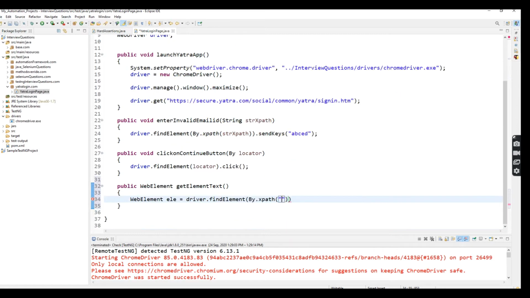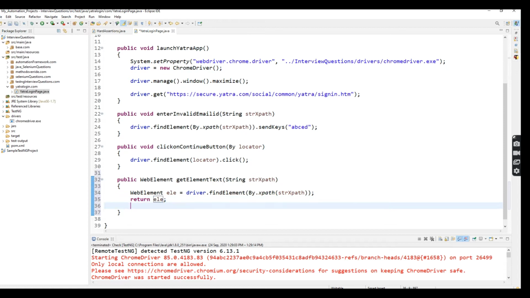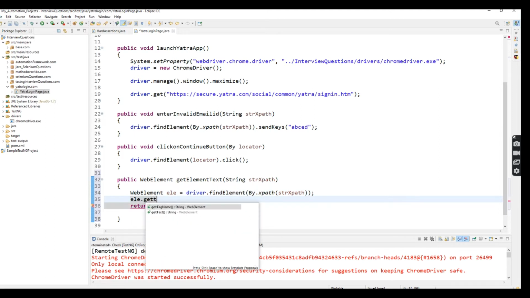So again, here I'm passing a parameter as String xpath, the parameter I pass inside the XPath. So here what I'm going to do is return element, right? So add return element. But here I'm going to get that error message, right? So element.getText,